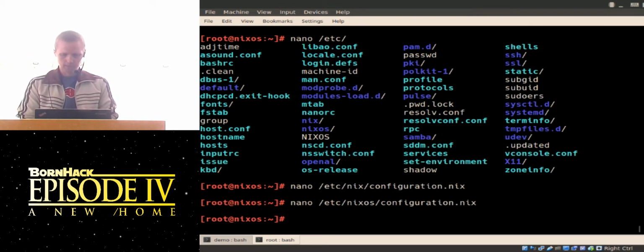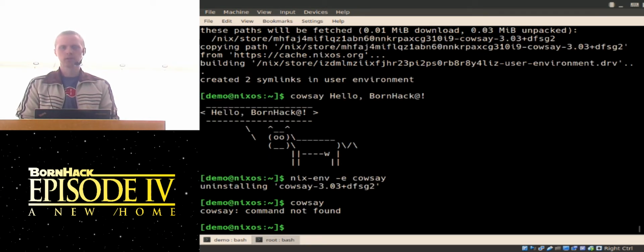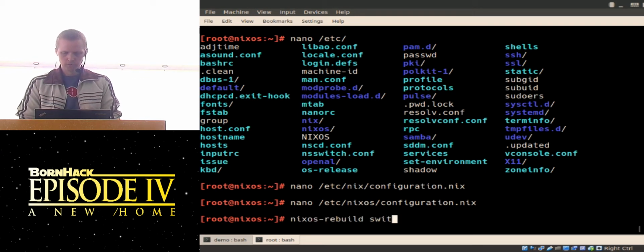Then I exit here, go back, and uninstall cowsay from this user, and now I don't have it. So it's not enough to just write in this configuration.nix file. We actually have to make this configuration active. And we can do that without having to reboot by running the nixos-rebuild switch command.